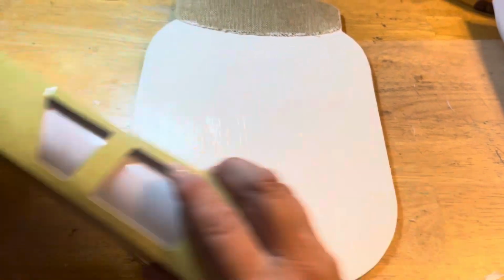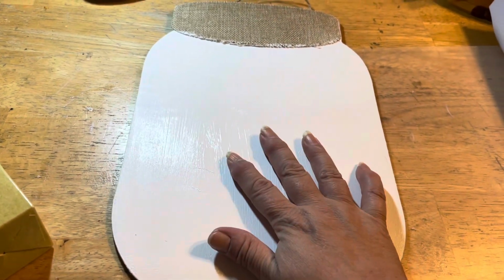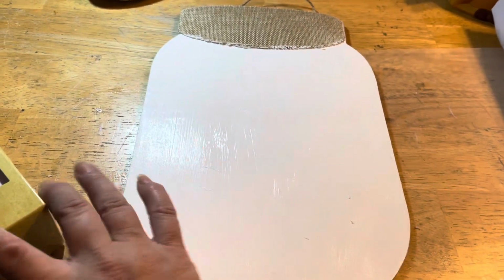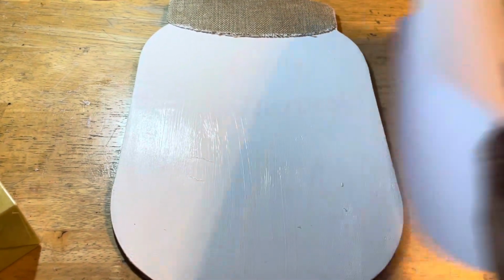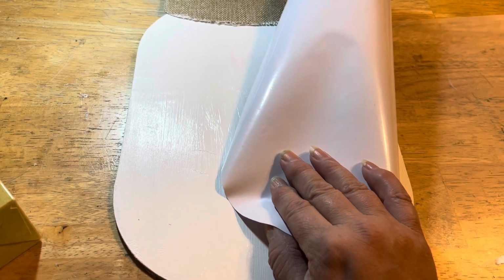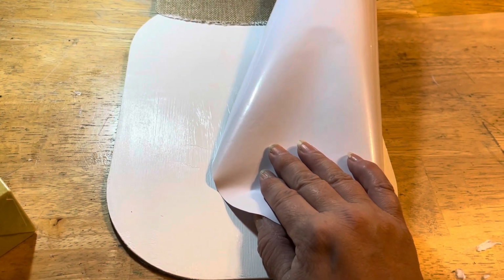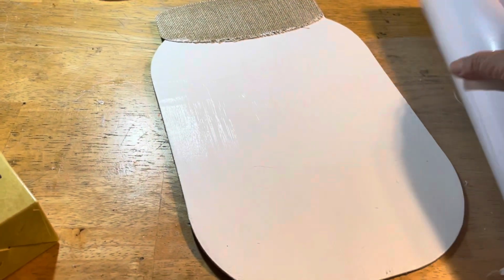But the reason why I like to paint it, and you could maybe just paint the outside instead of the whole thing like I did, is when I put the vinyl paper on top of here, and I'm going to use white, then if my cutting isn't spectacular, you won't see it because it'll be white on white. Now to get this little lip part here, all you need to do,